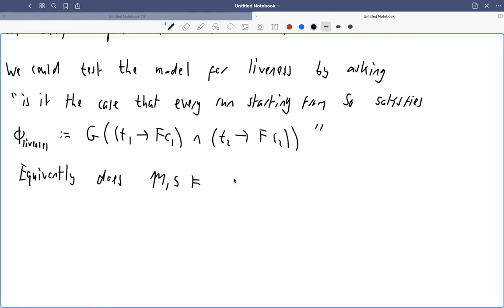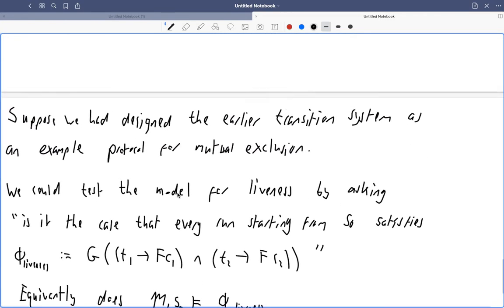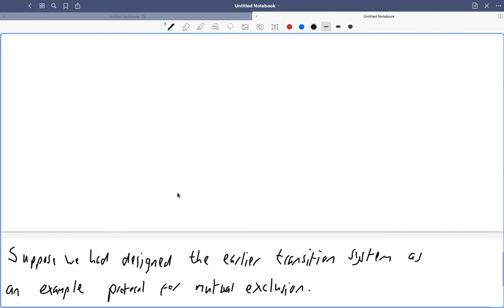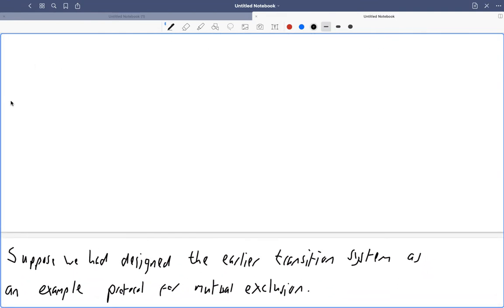So equivalently, does the transition system M, which is our safety critical transition system, in state S0 satisfy phi liveness? So here I'm now using the satisfaction relation in a different way, talking about the satisfaction relation for the transition system and a state. So once we've completed the definition here, we're going to say